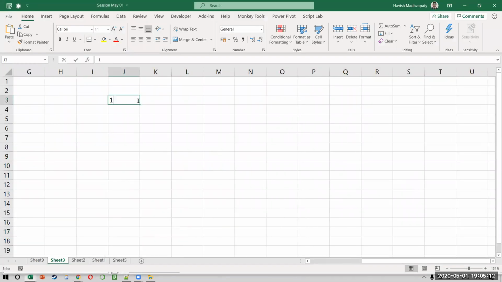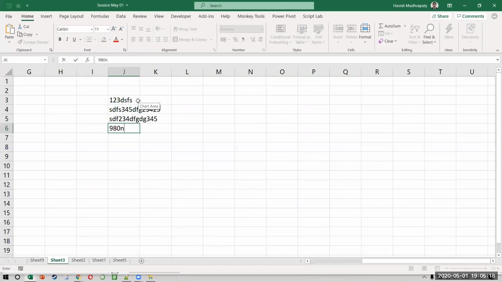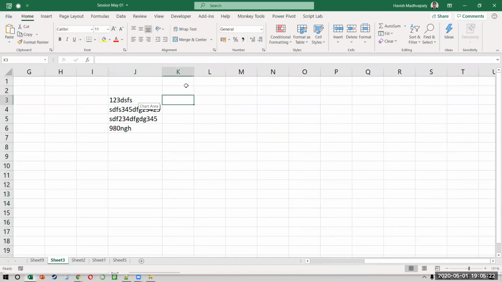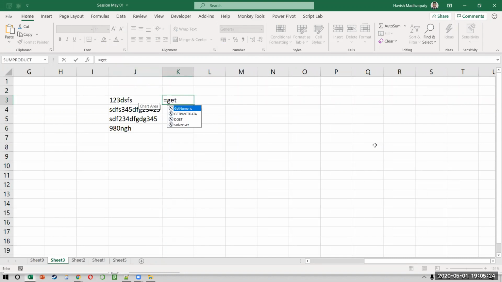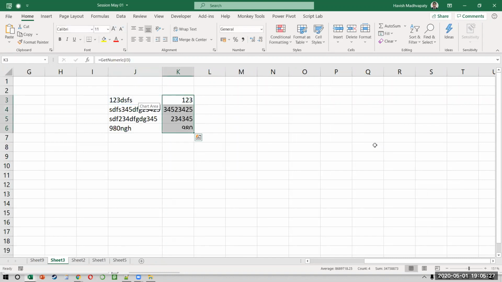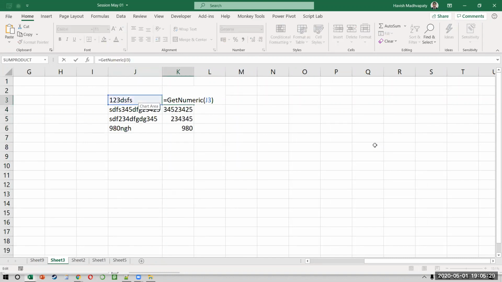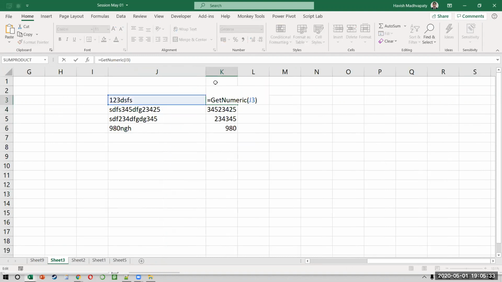What this means is that if you have some numbers in text mixed together like this, okay, just watch. Some numbers in text mixed together, and if you want to separate only the numbers, you can simply say equal to getNumeric, and it will separate the numbers for you. How cool is that? If you did not know this function, believe me, there would have been no other way for you to separate the numbers from a text when they are mixed together. Excel doesn't have that capability. Right?